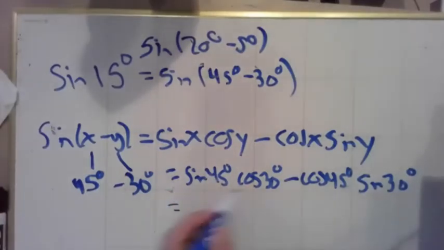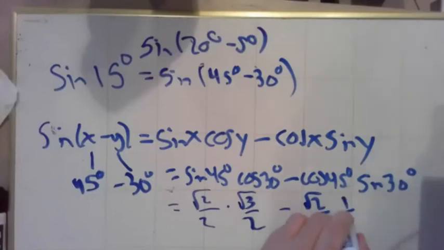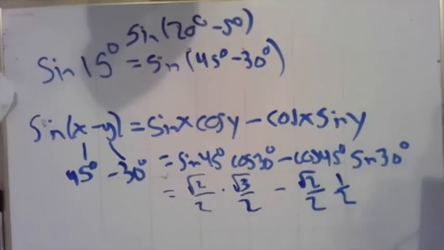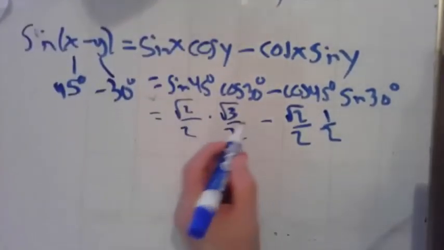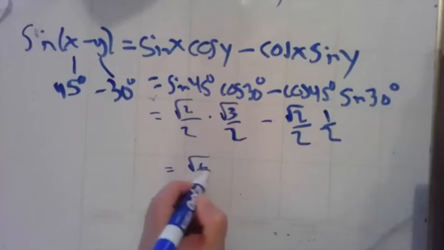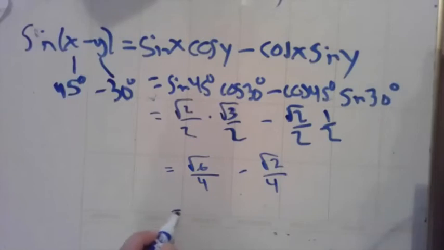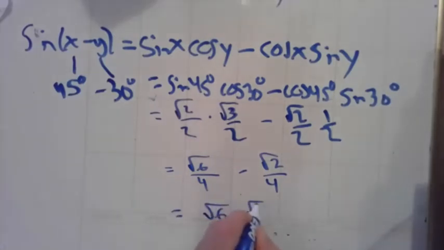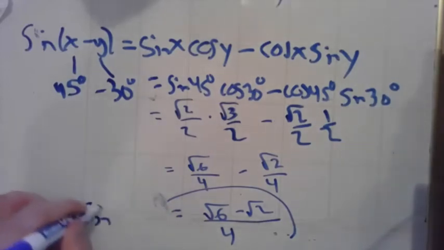So now we just read all these off. Sine of 45 is root 2 over 2. Cosine of 30 is root 3 over 2. Cosine of 45 is root 2 over 2. Sine of 30 is a half. And now just some basic algebra. Root 2 times root 3 would be root 6. And I could squish that together into one fraction if I wanted to. So sine of 15 degrees